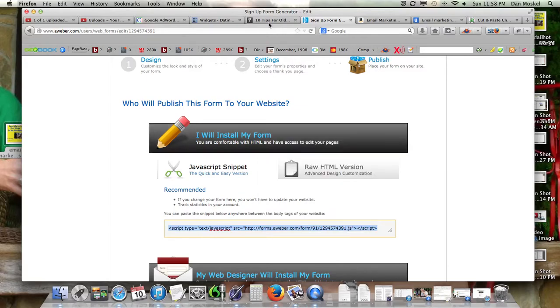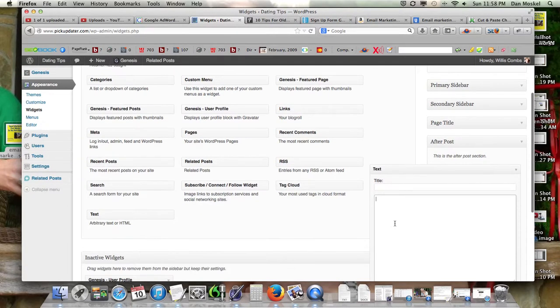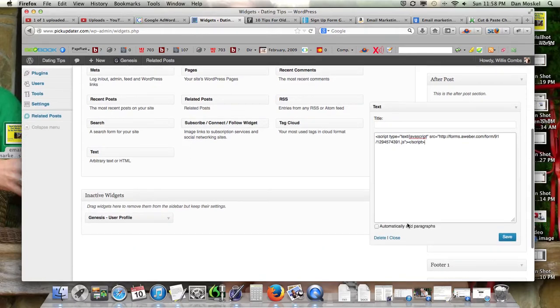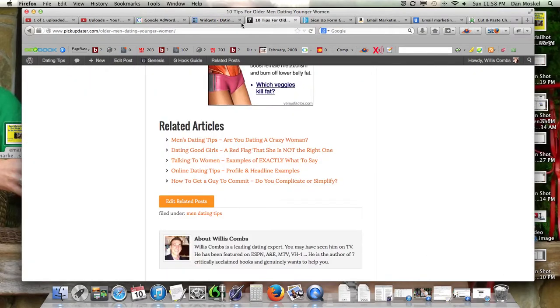This is how easy it is to put the form in. You just get that code and then paste it in, but I want to actually put it in a specific spot and walk you through a couple of the different ways. So this says after the post. This is using the Genesis framework